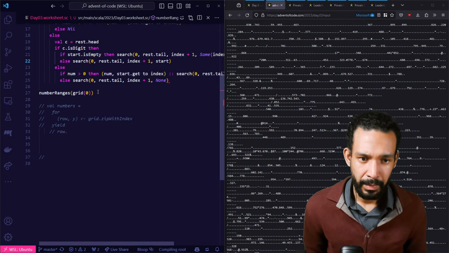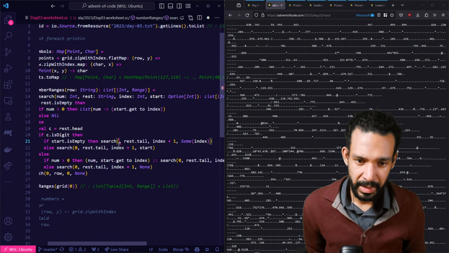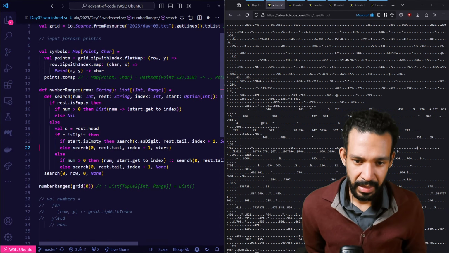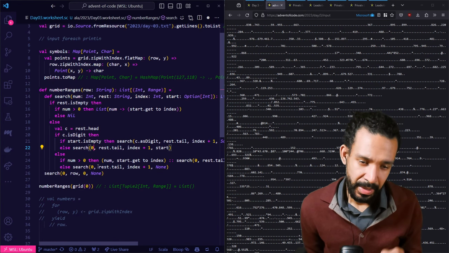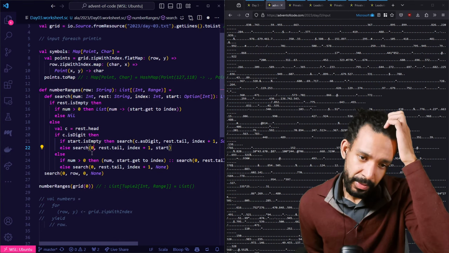If the start character is a digit, and if start is empty, then we do a new start, right? New start with this current index. And oh, this start here should be not a 0, but c dot as digit. Yeah. And same kind of thing here. So if the start is not empty, then we add to this,